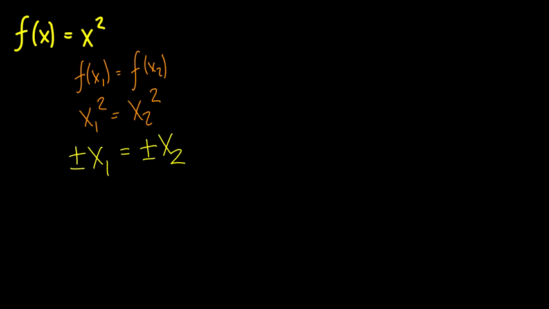Well, this doesn't necessarily mean that these two values are equal, because we can say the negative x1 is equal to x2. Because we have a negative value equal to another one, they are not the same value, so this function is not